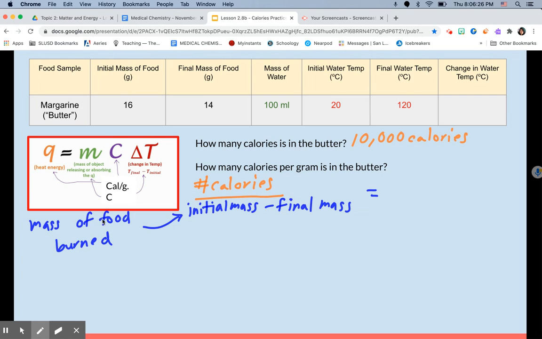So oftentimes when we do calorimetry and we burn things, not all of the food burns. So some of the food remains as matter and did not convert into pure energy or heat that then went into the water. So therefore, we need to only take into account the mass of the food that burned by taking the initial mass and subtracting it from the final mass. Right? So in this case, if I have 10,000 calories,